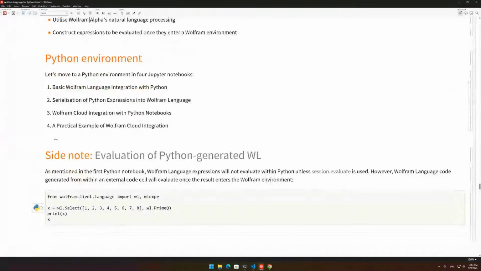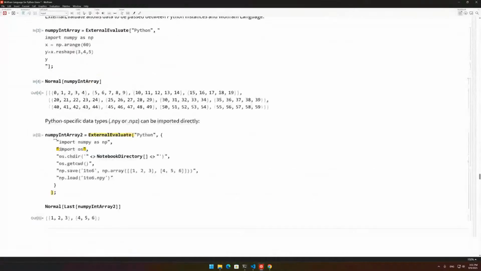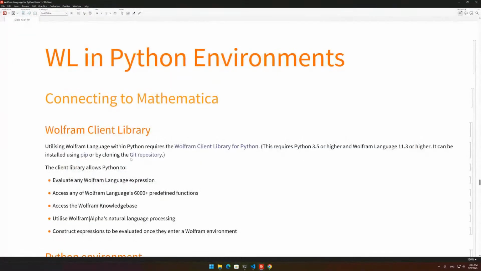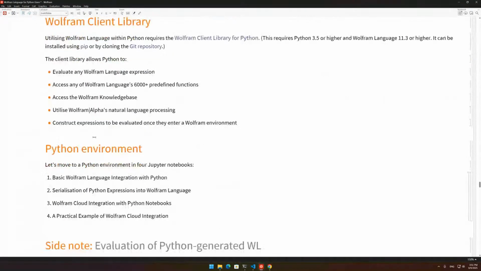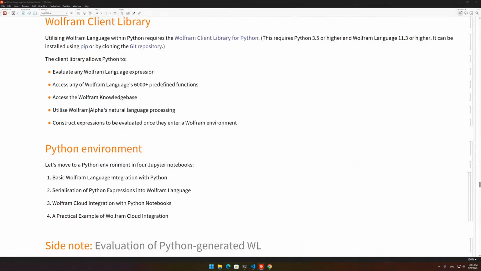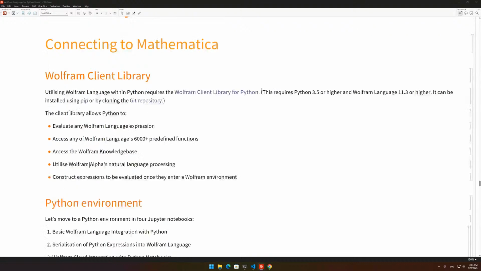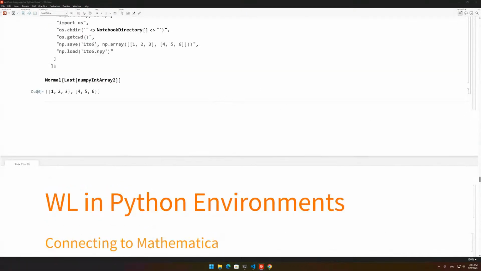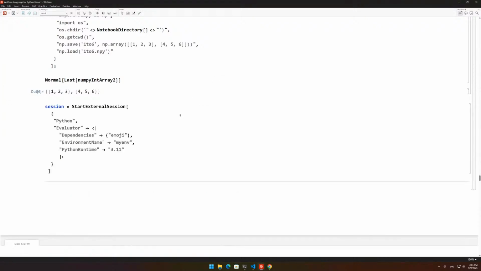Cool. There's one more thing I want to show you before I move on. I'm just seeing if it's in the slides or if I need to write it live. Let me just grab the example from documentation. So this was added in one of the more recent versions, which is why I want to show it to you now, because it does make some Python workflows quite a bit easier. Let me just copy and paste this in a new cell. So this function, start external session,